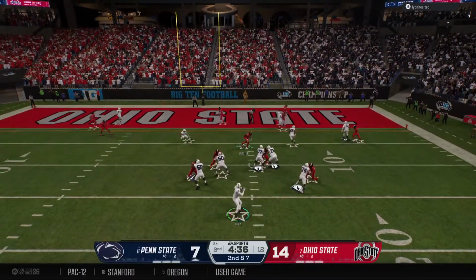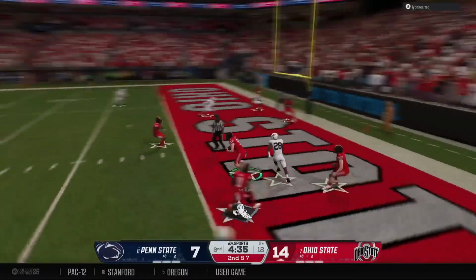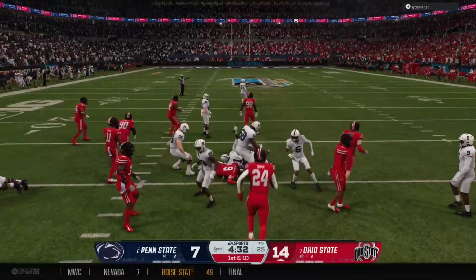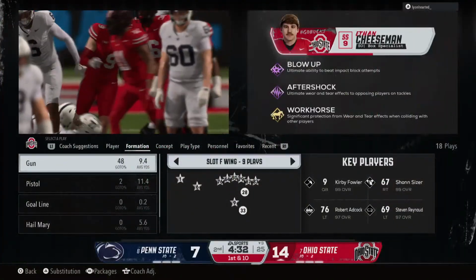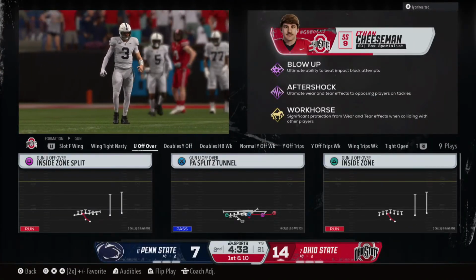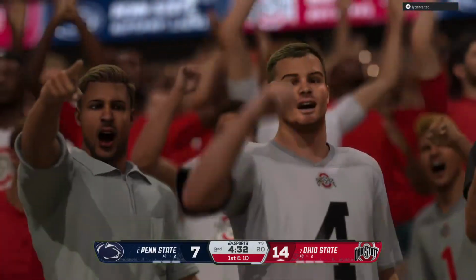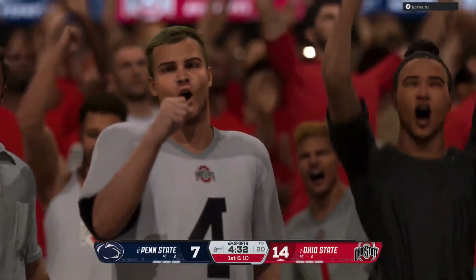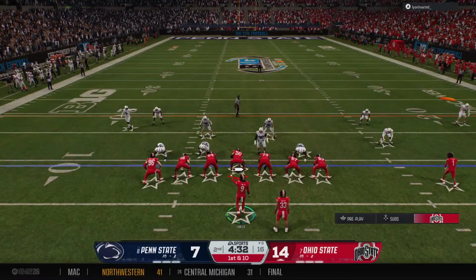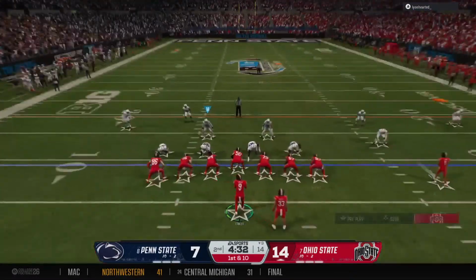Back to throw again. Looking to the end zone. And it's picked off in the end zone. And that's a solid return after the interception. When you get this close to the end zone, you've got to be able to come away with points, at the very least a field goal. They've got to be scratching their heads and hoping that in the second half, this play right here doesn't come back to bite them.